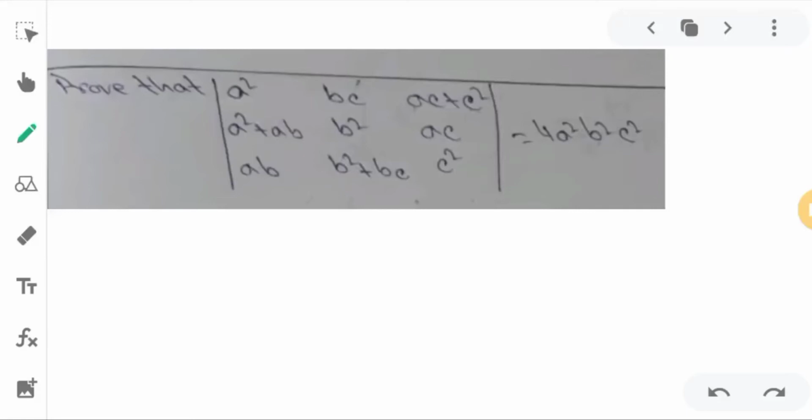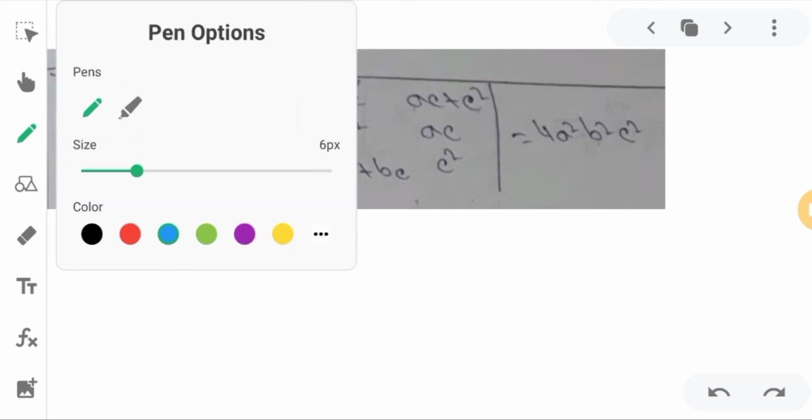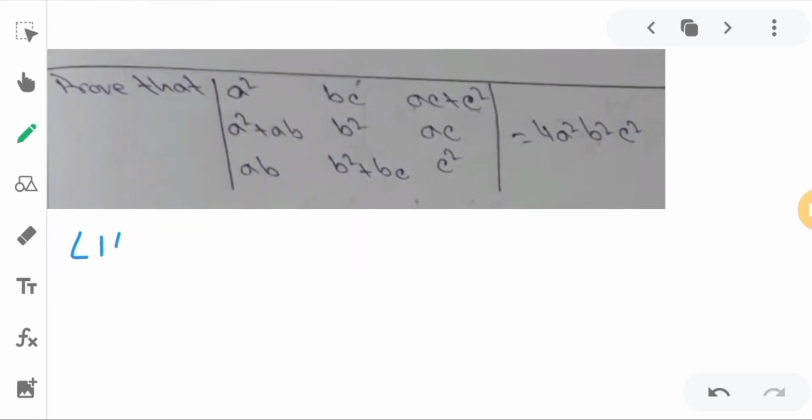Okay, so in today's class we will solve this question. The question is we have to prove that LHS is equal to RHS. You can see the question on the screen. Okay, so our LHS